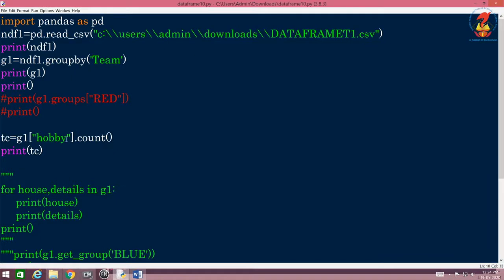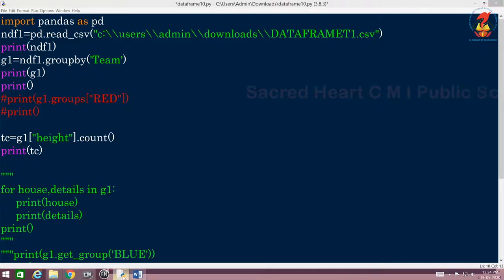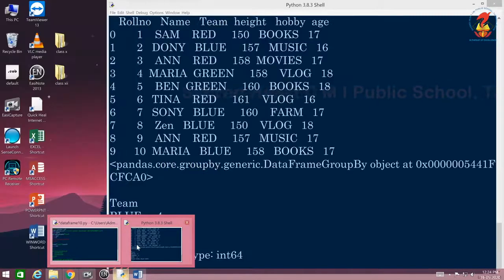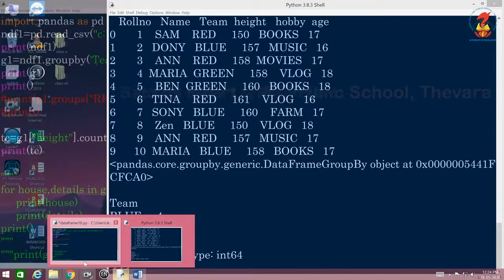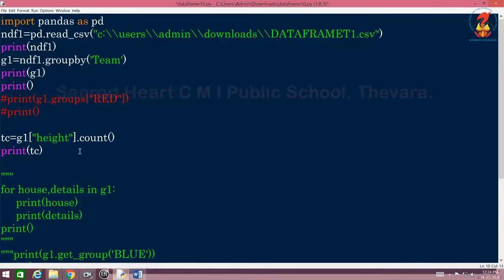Now if I write height here, remember the height spelling, and the height is in small letter, so I have to give it in small letter here also. I have given height, and I am giving min instead.